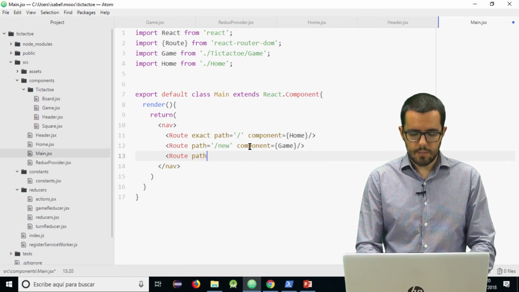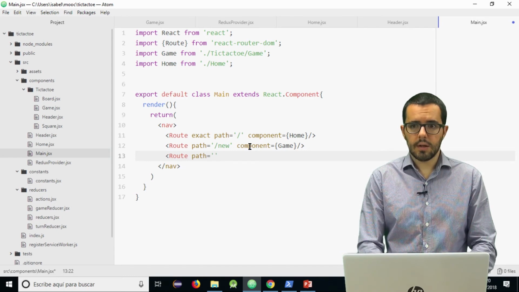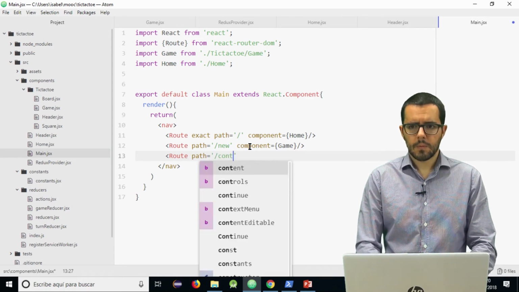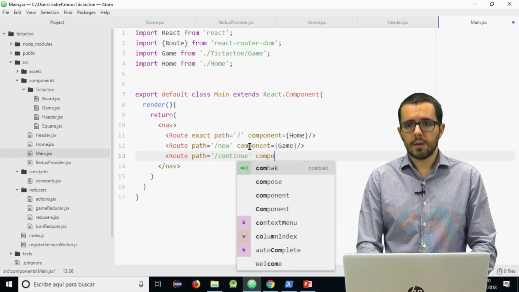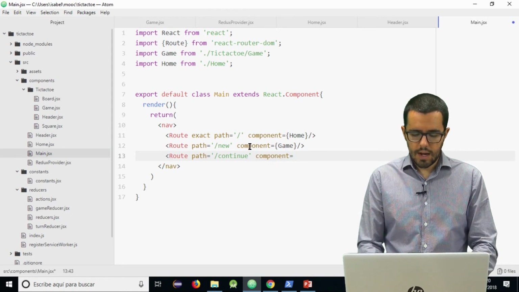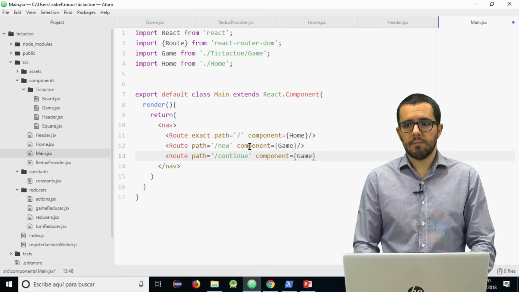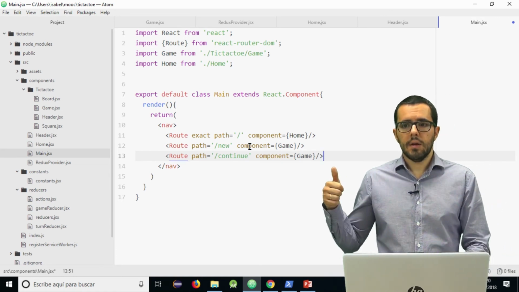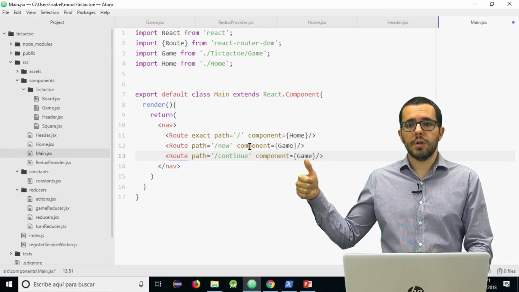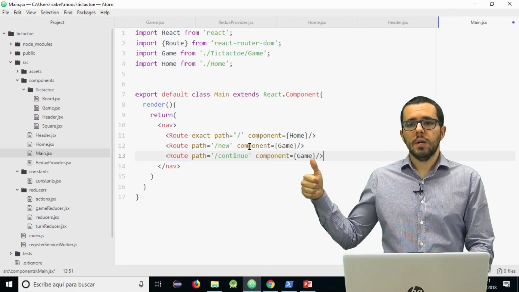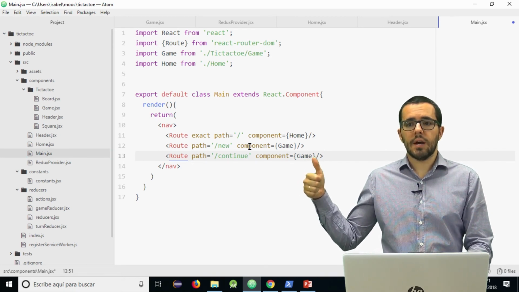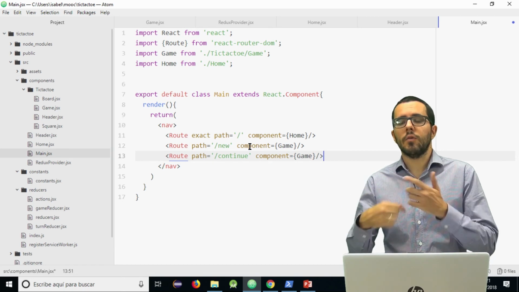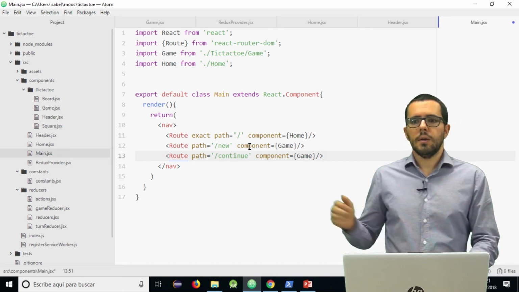The paths are the same as we used in nav links, continue, and the component in this third case will have params, but as we haven't implemented it yet, we will use the same component game. But in the future we will include here a special param continue that game will receive, and if continue is present, it will perform this Ajax call.